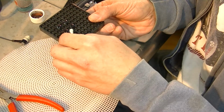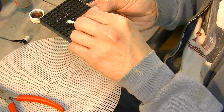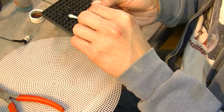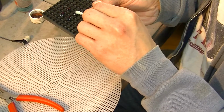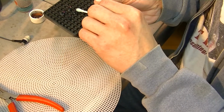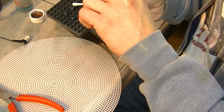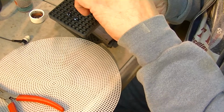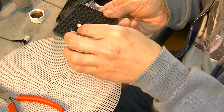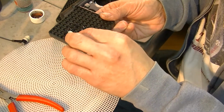rather than take your large container that's full of, let's say, a half gallon of bluing stuff. If you were to spill, knock that over, that's a lot of money, man. That is a lot of money down the tube if you knock over your large container. But if you keep it in a properly labeled